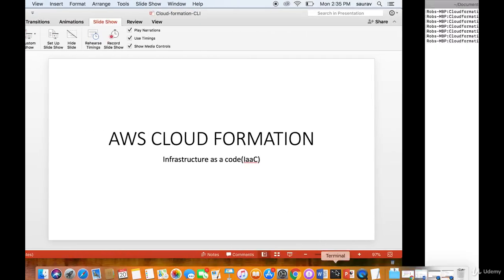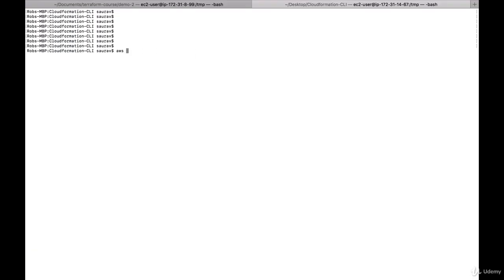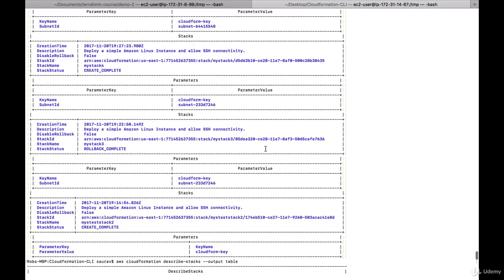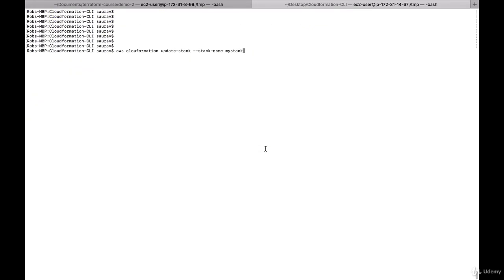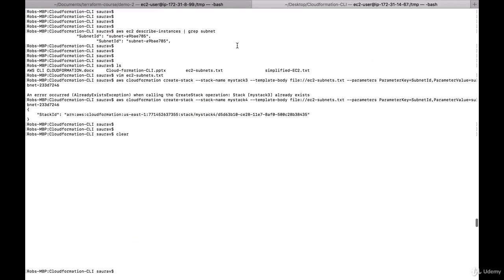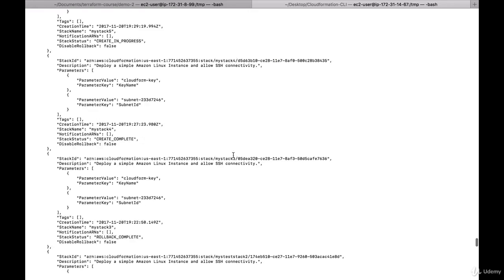To do that, all I have to do is say aws cloudformation update-stack, stack name, and the name of our stack was my stack 5, and template body was file of ec2 subnets.txt,